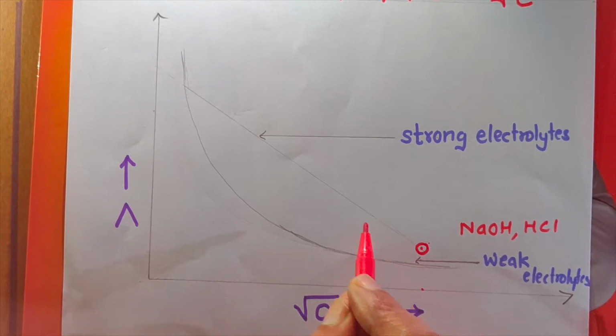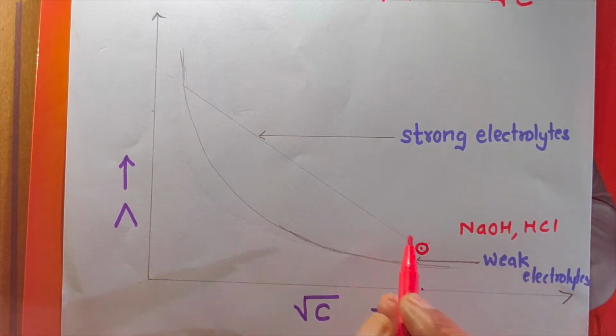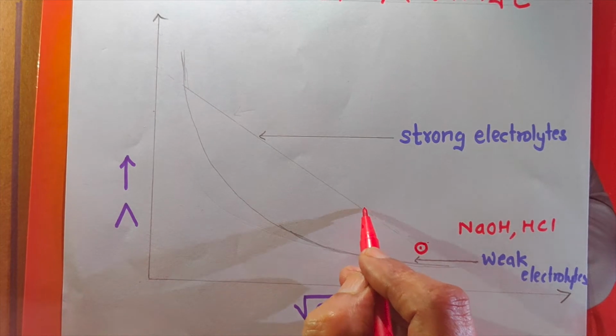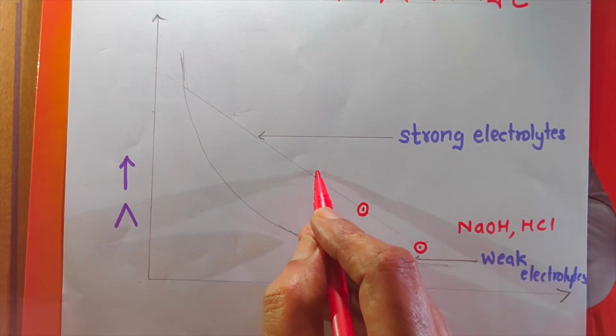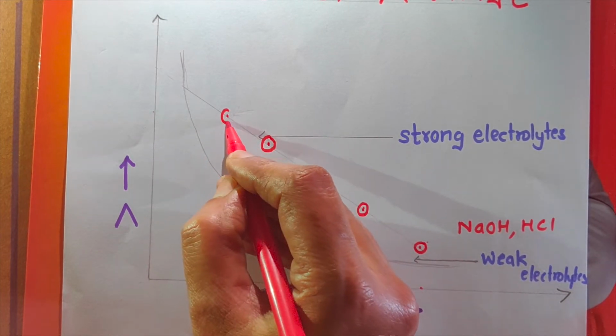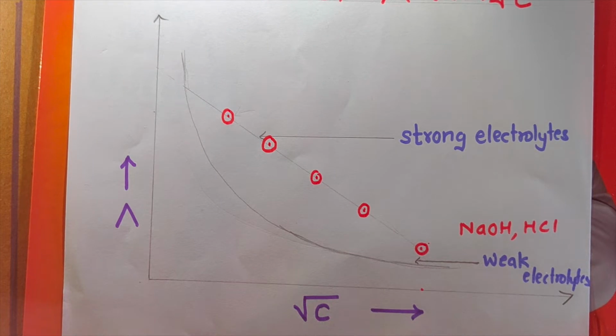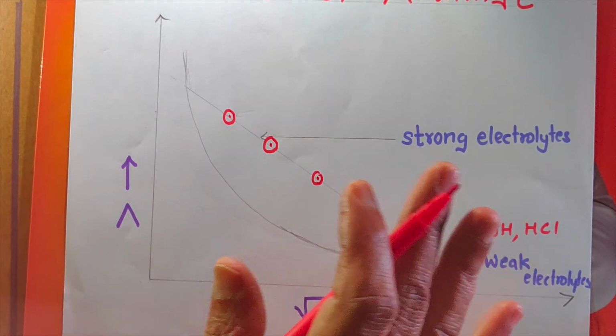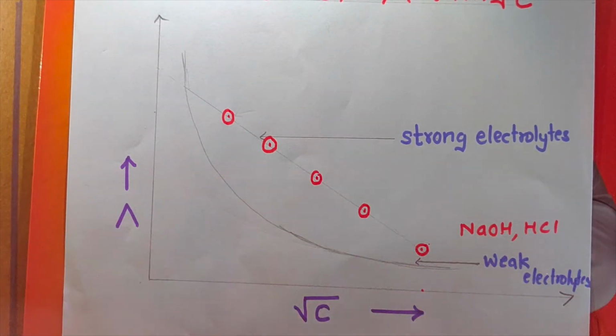And how will it increase? It will increase in a linear way. So as we go on decreasing the concentration, the molar conductivity will go on increasing like this. But I have told you there are some limits. Up to a certain dilute concentration there will be an increase, but after that the molar conductivity cannot increase. When we dilute the solution further, the molar conductivity will remain constant, so it has some limit.